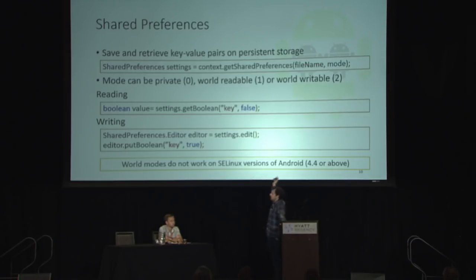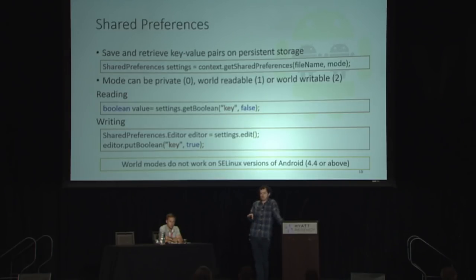So if we want to read a value from the shared preferences, we just call from the object the get method for the kind of data type we want, specifying the key, and a default value in case that key is not found. If we just want to write a value into the shared preferences, we just create an editor, and it's more or less the same. Instead of calling the get, we call a put with the different data type, the key, and the value we want to store.